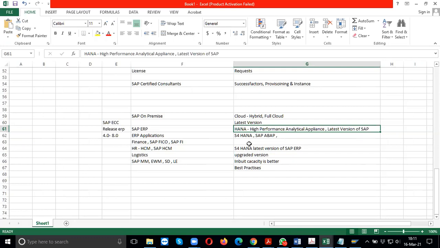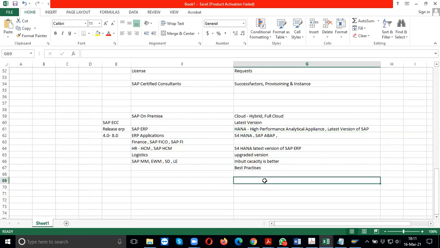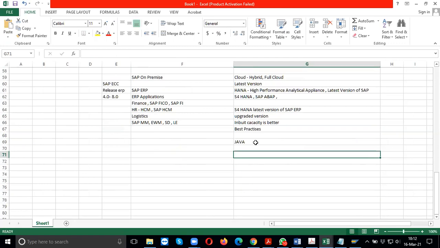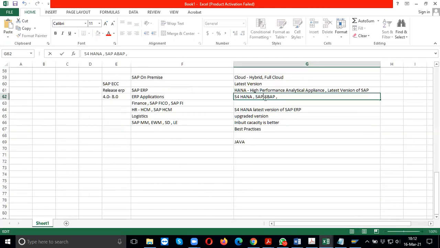Now, what is ABAP? All these applications are dealt with on a Java platform. The backend application is nothing but Java. The SAP ABAP team are the technical coders who will be working on this development.